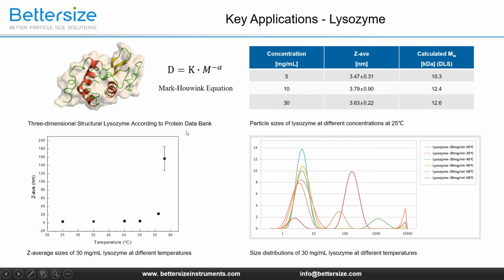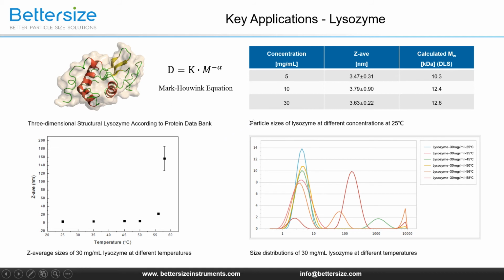Lysosome is a commonly used enzyme. The simple structure and low cost make it a popular model in much current biological research. The molecular weight of lysosome is small and its scattering intensity is very weak. Therefore, measuring lysosome is always a challenge for DLS measurement. The Binano 90Z was used to measure the particle size and molecular weight of lysosome in this application.